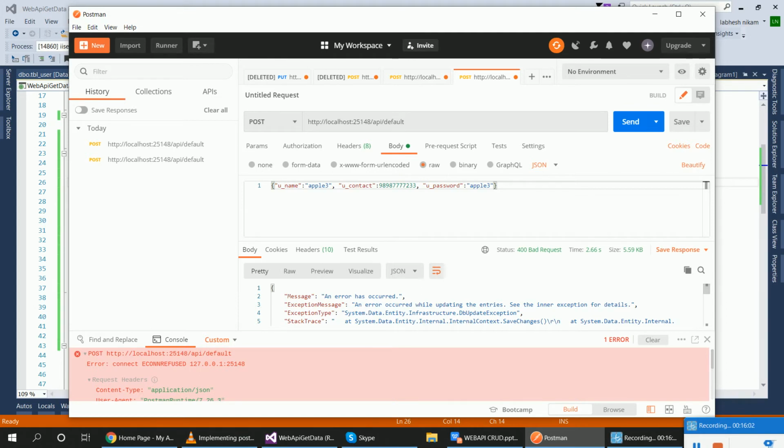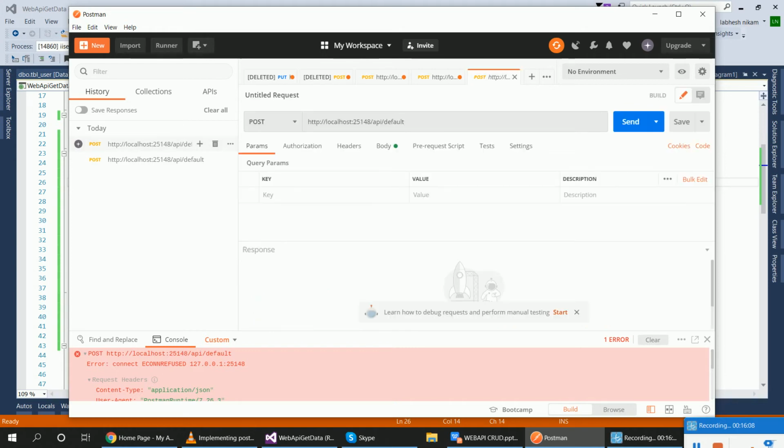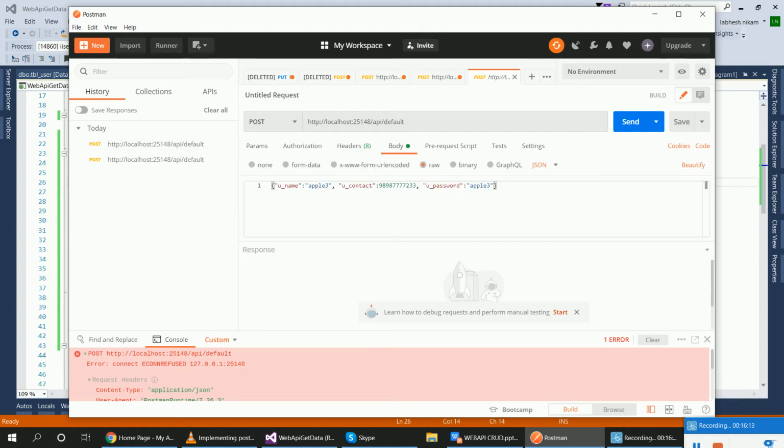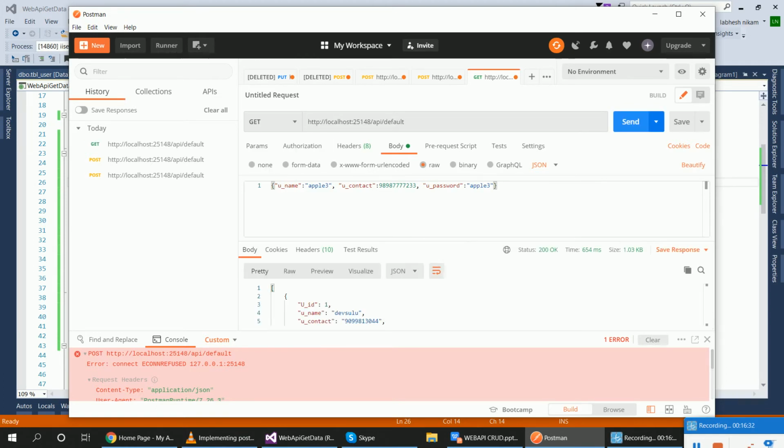Bad request. What is the problem? Is my Postman running or not? Check whether GET displays data or not. Yes, it displays all the data, right?